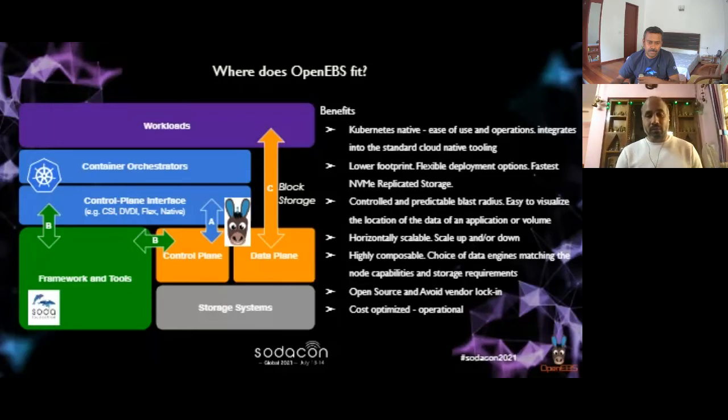So a couple of things about OpenEBS. OpenEBS is developed natively in Kubernetes for managing the storage that's available within the nodes of Kubernetes, and it can basically work with any storage system. It could work with LinStore replicated volumes, or it could even work with cloud volumes or other storage vendors. We focus primarily on simplicity and the performance aspects, and the ability to give a custom data engine for each of the workloads. Sometimes the engines don't need replication at the storage layer, so we try to provide local storage for them as well. Next slide, please.